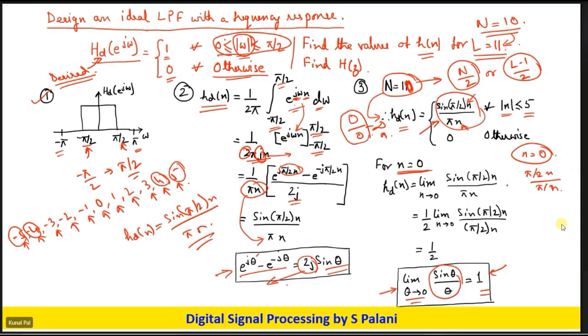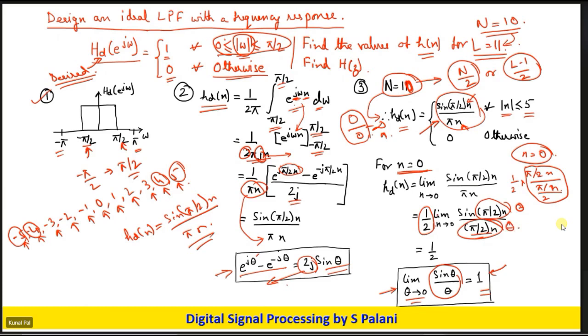Okay. So what we can do is multiply with half and divide with half, and we get this theta function. That's what we have done: we have multiplied with half and then divided with half. So sine of pi by 2n divided by pi by 2n. Now it comes in the terms of theta by theta.